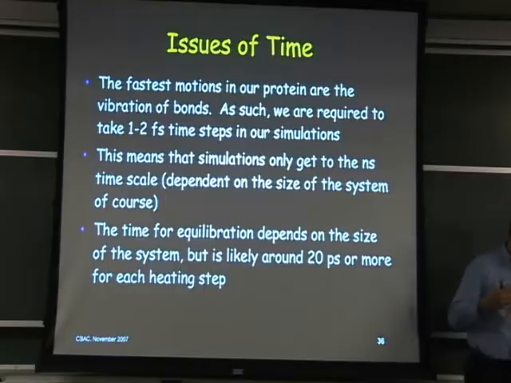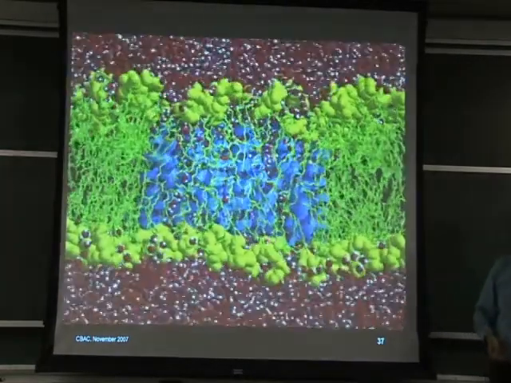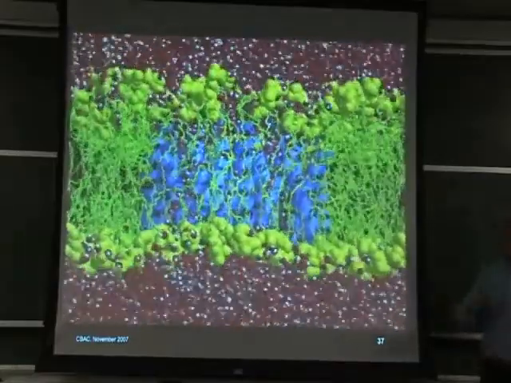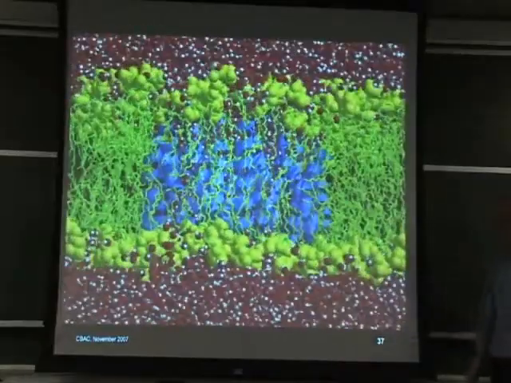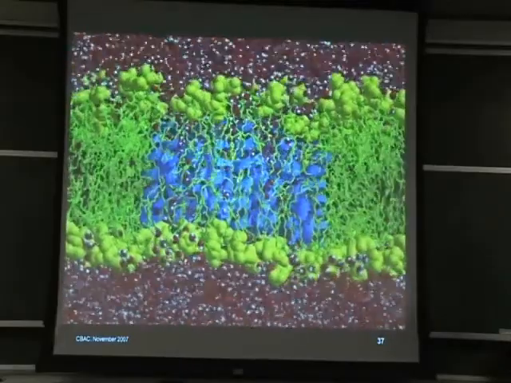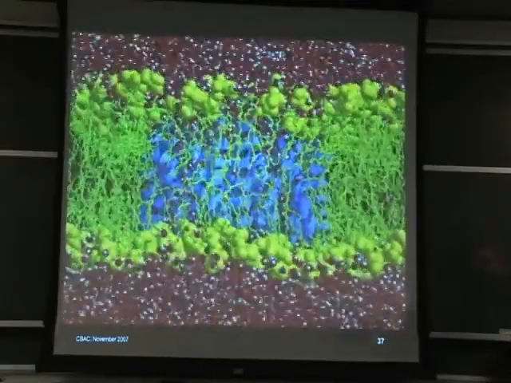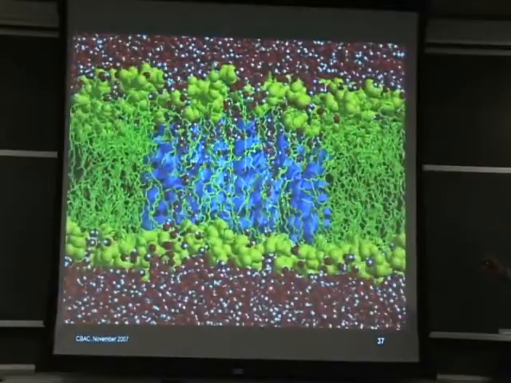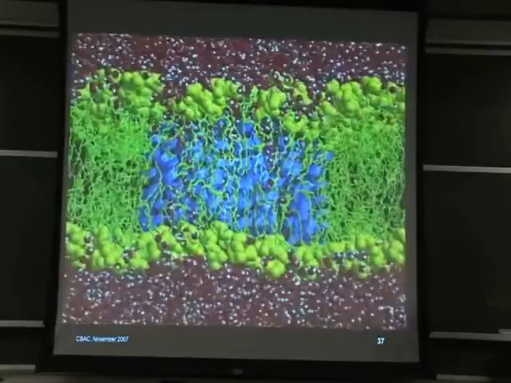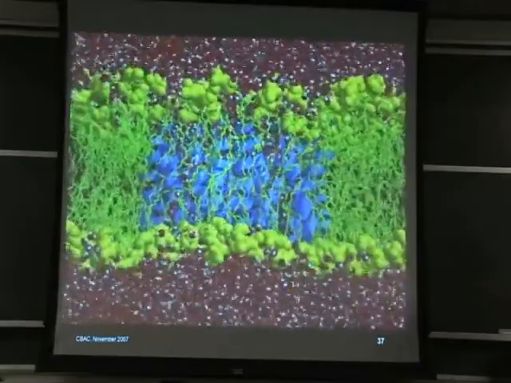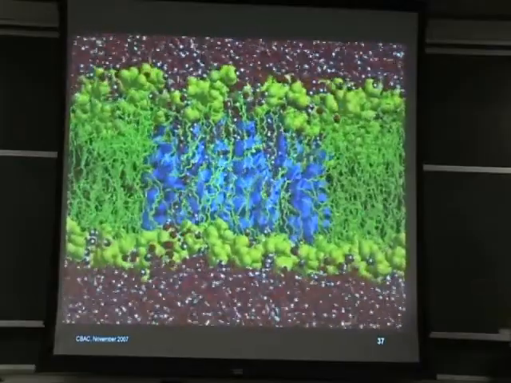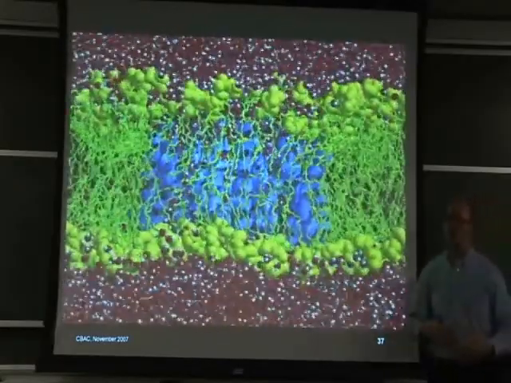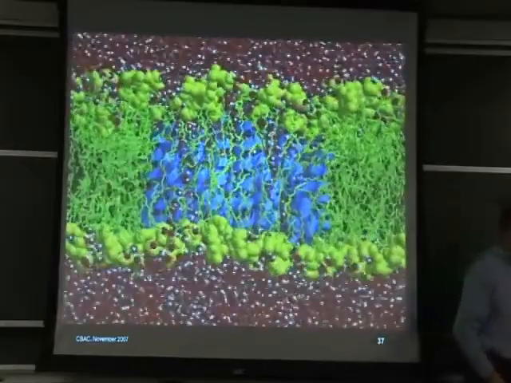Okay? And in the end, if you do everything correctly, hopefully you end up with something which might look like this. Okay? Here's our water molecules. This isn't my simulation, but somebody put it on the web, actually acknowledging them, which is good that they are. Here's our ion channel here in blue. We've got our lipids. Here's the head groups, and these greasy alkane tails. And here's all of our water molecules. So oxygen is red, hydrogens are white, and so on. And you've got this time course of simulation, which might be tens, hundreds of nanoseconds.